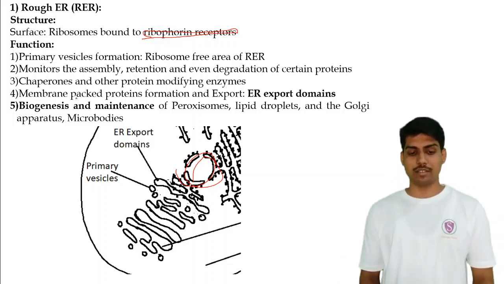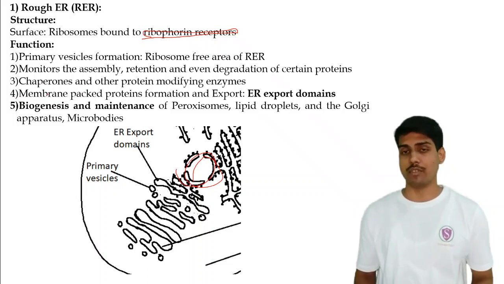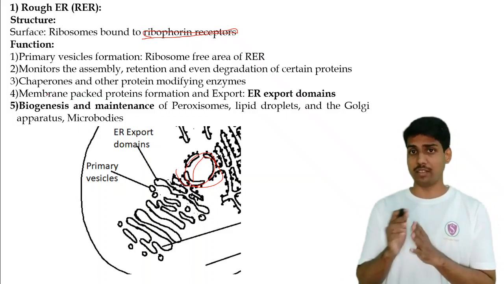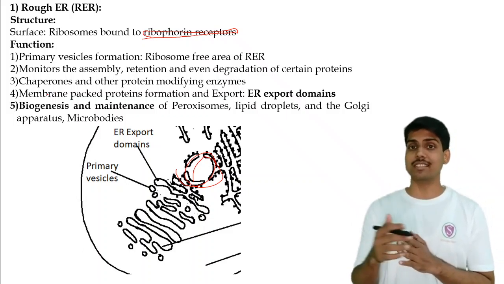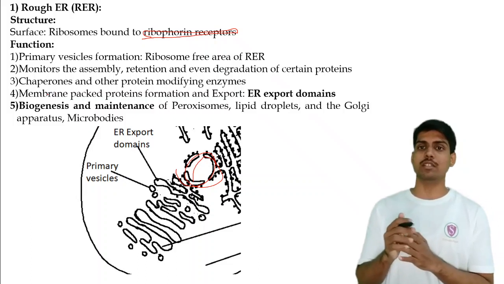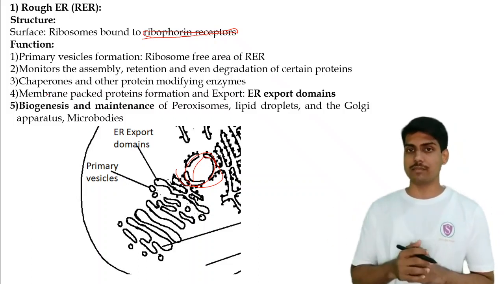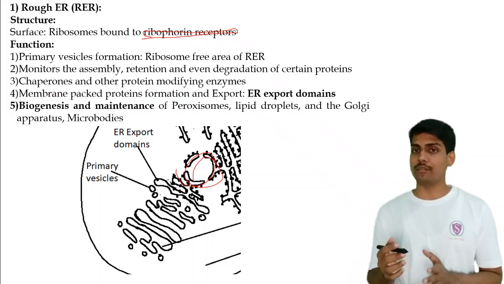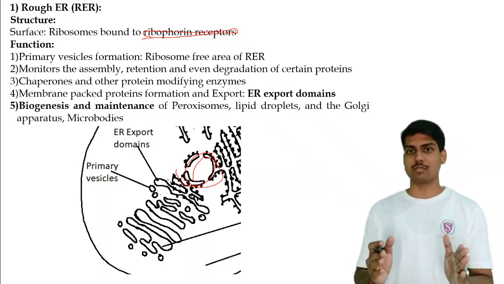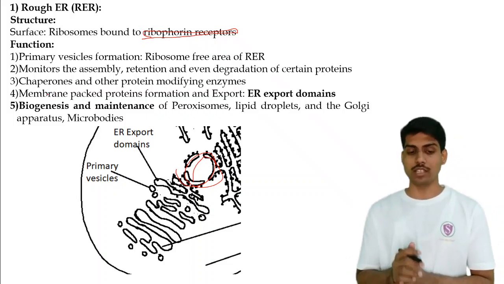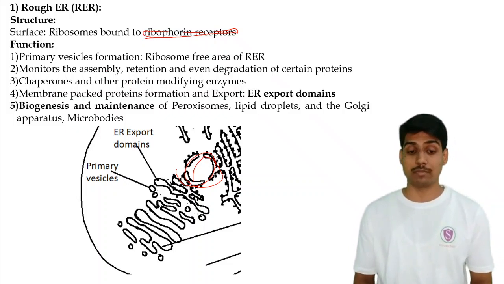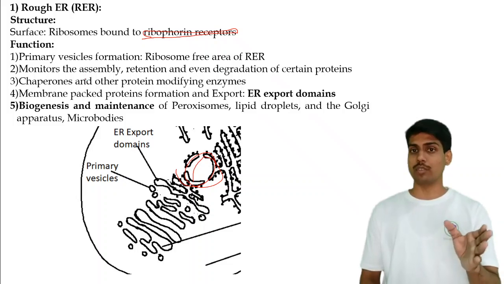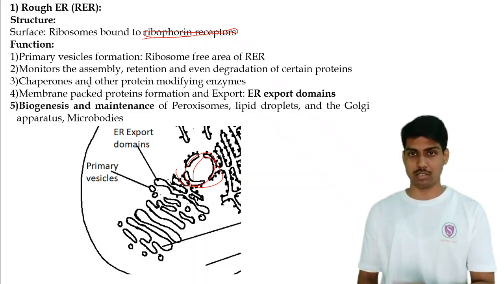So let's look at the functions of the rough endoplasmic reticulum. The major part of its function, protein synthesis along with the ribosomes, will be a diagram and answer in a different part of the lecture. And don't worry, when I give you model answers for these questions, we will have a perfectly balanced answer of two or three pages. So you just need the right primary information about the other functions of the rough endoplasmic reticulum, apart from protein synthesis.